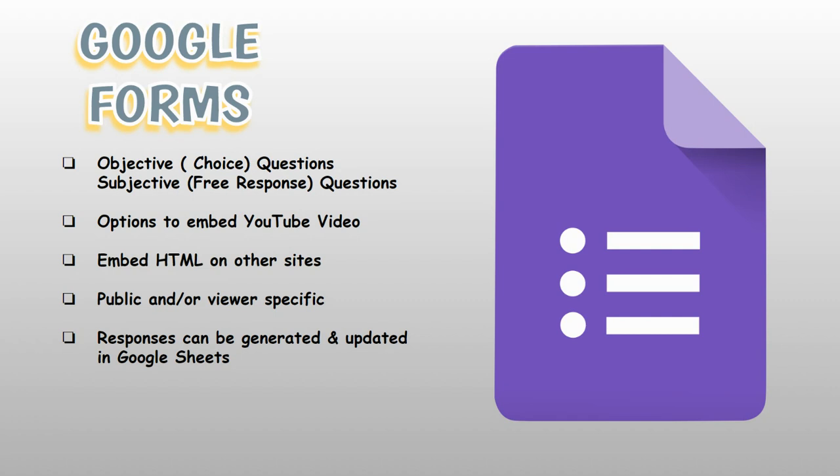There are so many different things you can do with Google Forms, but the basics are really just the fact that you can have objective or subjective questions, which are either, well, you have an option, a choice, or you can have the free response. There's an option to embed YouTube videos in the question, as well as giving feedback, or excuse me, when students choose the wrong answer, you can give them a second opportunity to look at instruction or whatever